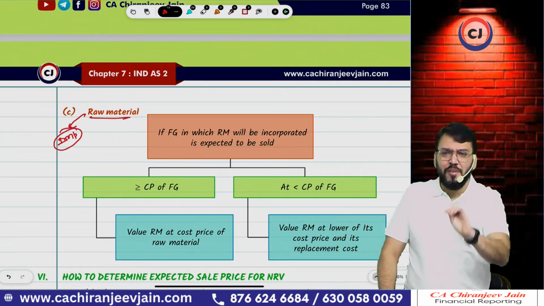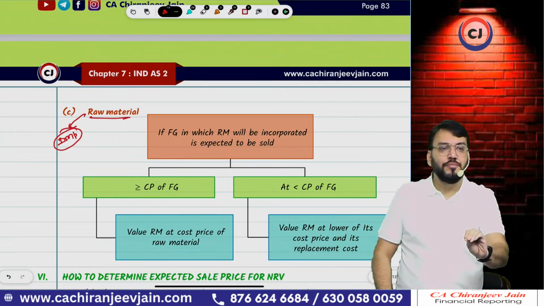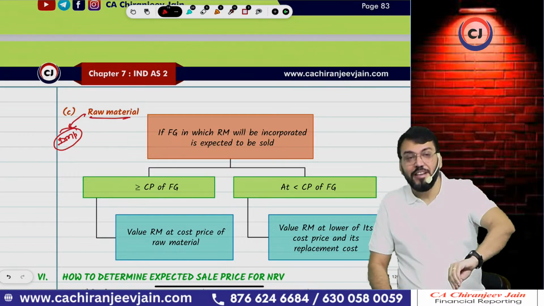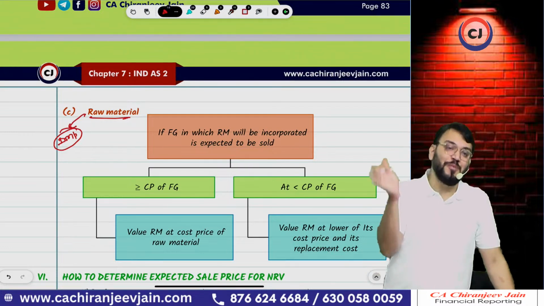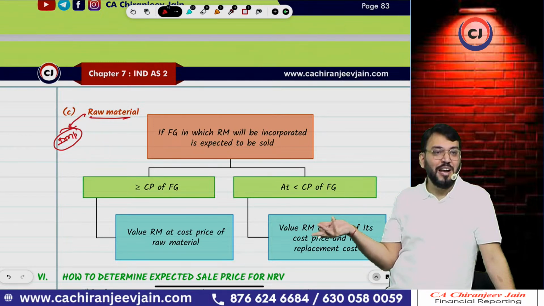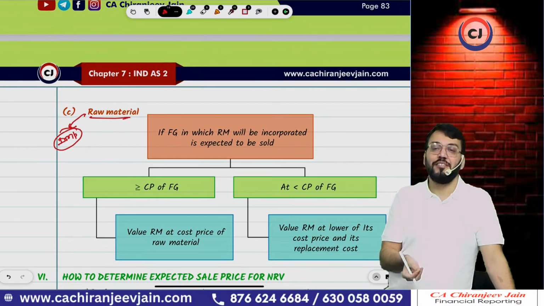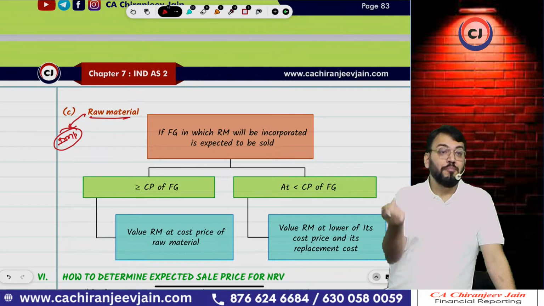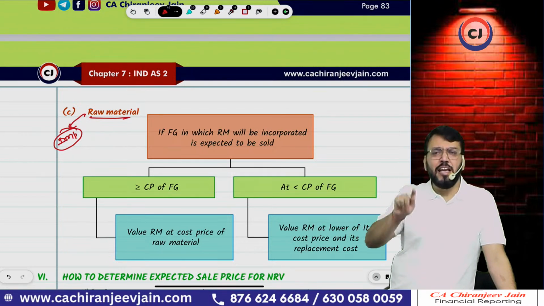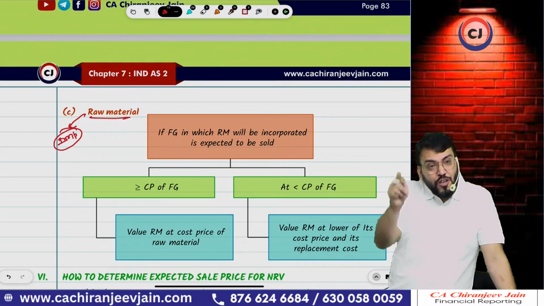So in simple words, Ind AS 2 says that if the finished goods which will be produced from the raw material are expected to be sold at profit, then no loss, no write down, then value raw material at what? Cost price, simple. But if they are expected to be sold at a price which is less than their cost price,